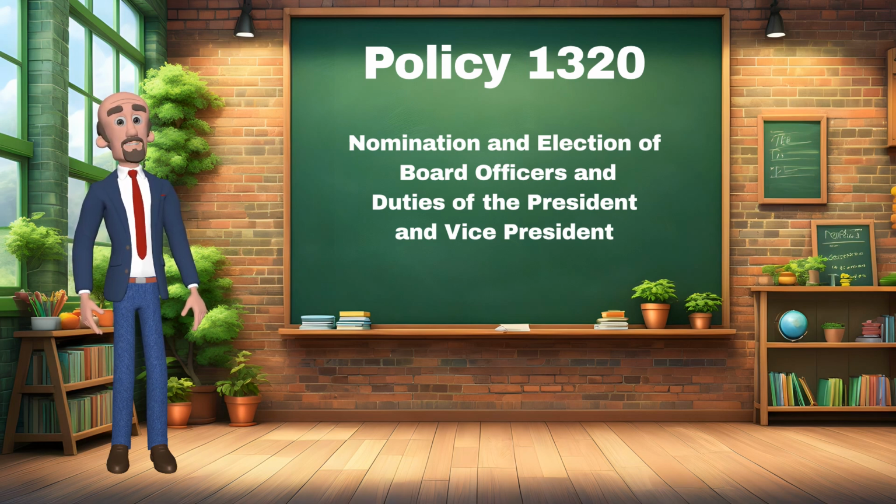The Vice President is designated to perform the President's duties in their absence and assumes the role of President if the position becomes vacant until a new President is elected. Non-compliance with this policy can have significant repercussions. For example, if the President regularly makes unilateral decisions, such as determining the evaluation process for the superintendent, creating committees, or deciding on the types of meetings held, like she has, without consulting the board,